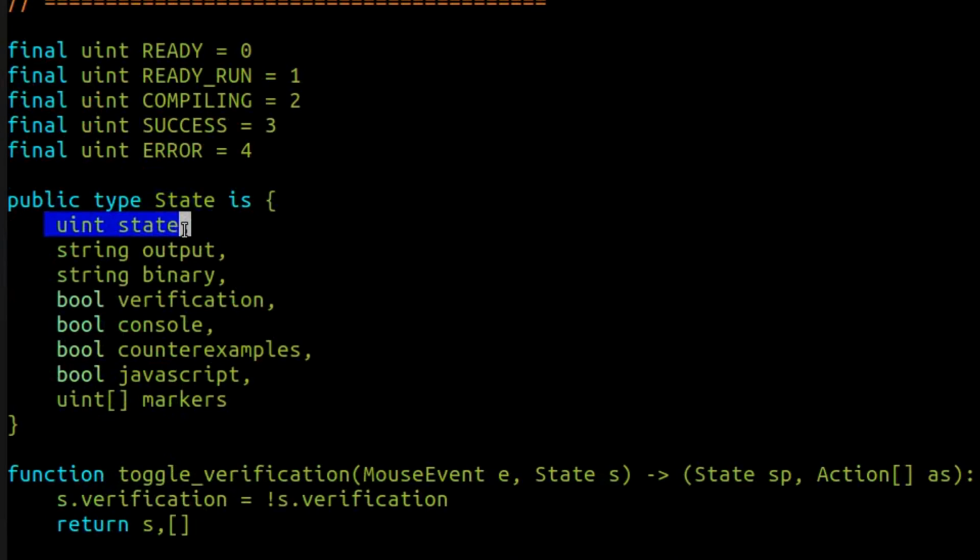Firstly, we've got an actual state variable. We can think of it kind of like a state machine, and we've got different states that the web application can be in. So we might be ready, which basically means we're waiting for someone to press the compile button. We might be ready to run, which means we're waiting for someone to press the compile button, or we've previously compiled some code and we actually want to try and run that in the browser. We might be actually compiling code, in the process of waiting for a GET request to come from the server,